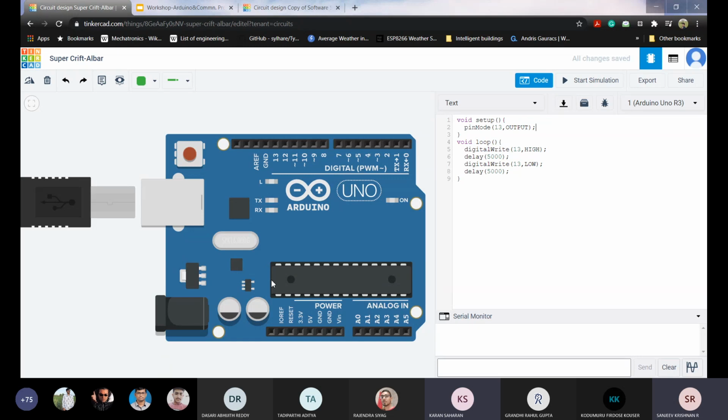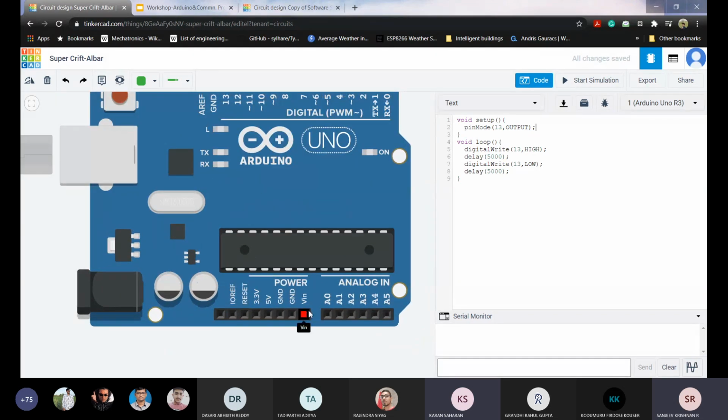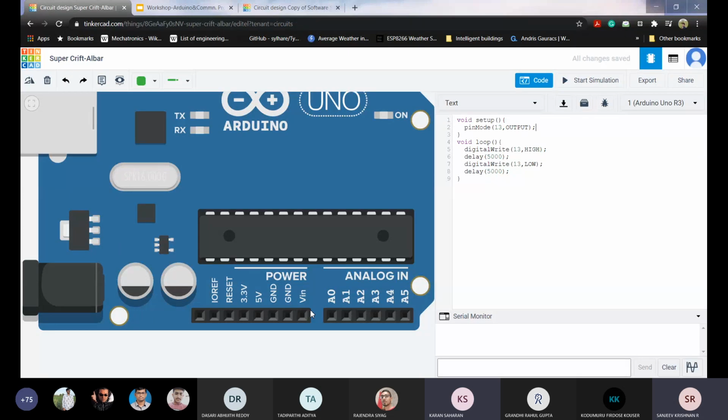You are asking whether there is any inbuilt system for changing this? Yes, there is a safe range. In Arduino you can actually power it up to 9 volt. Anything up to 9 volt is acceptable.